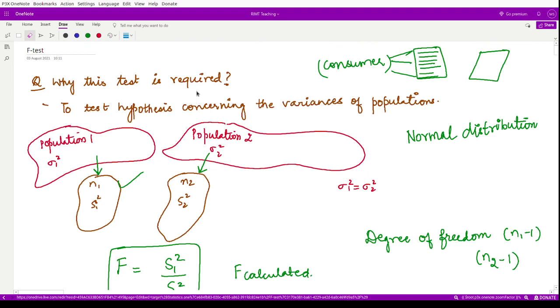So when do we use this F-test? Whenever we wanted to compare or test the variances of populations. So this is our aim. So for that,